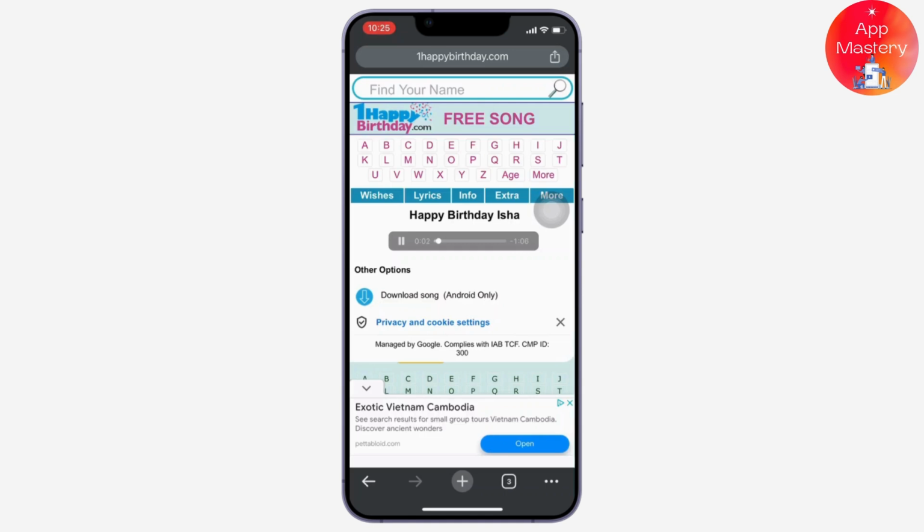So you can simply play and listen to the birthday music song. So you can now use this audio in adding any pictures you want to, and